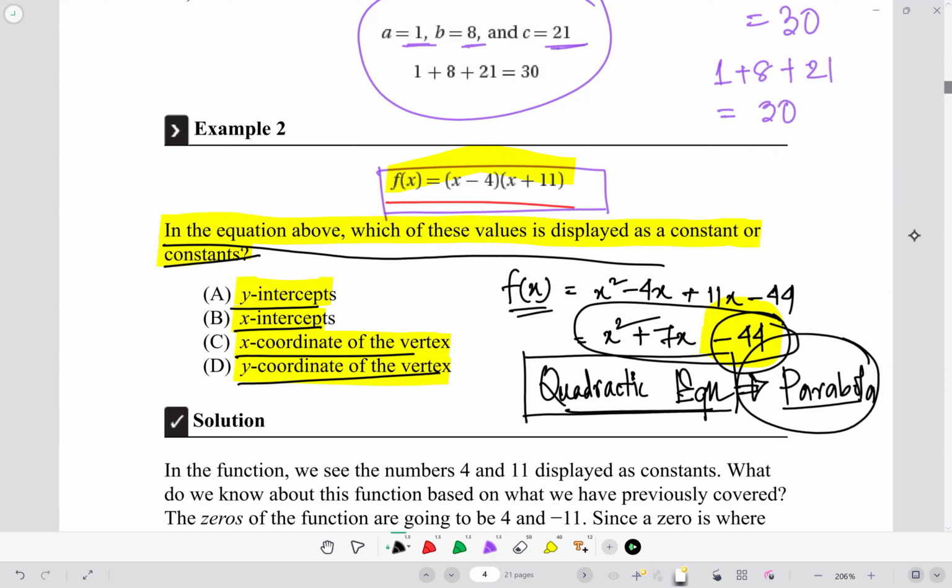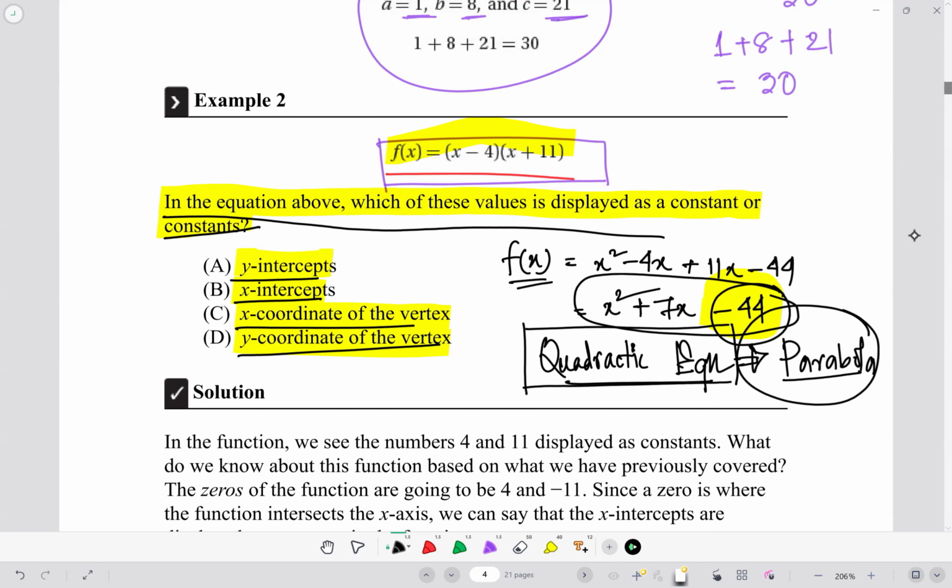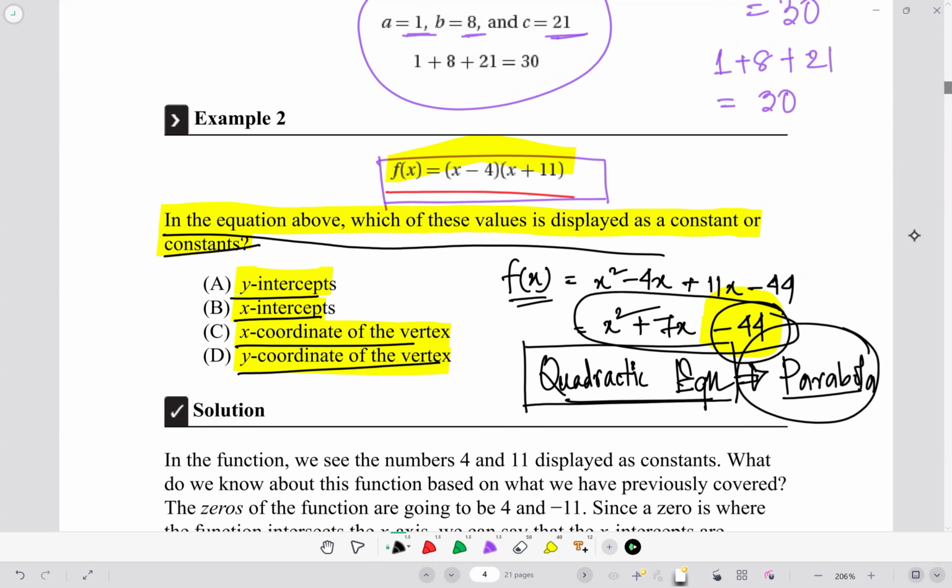This is a quadratic equation. We can solve it, but solving this quadratic equation can be a little bit easier in terms of finding the constants, because in this question we are asked, in the equation above, which of these values is displayed as a constant or constants. So the question that they are asking is,